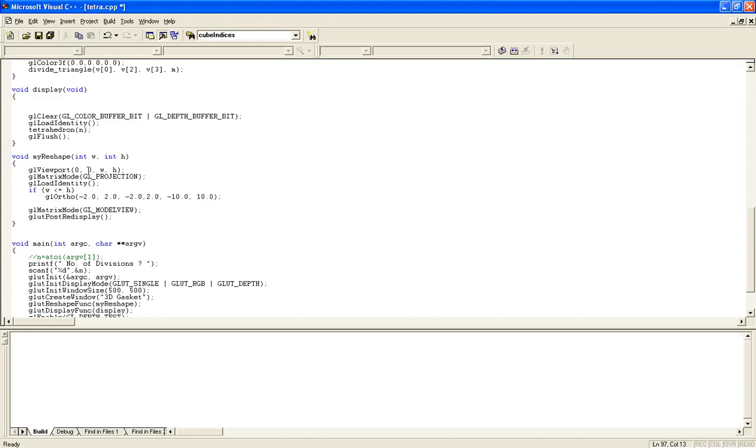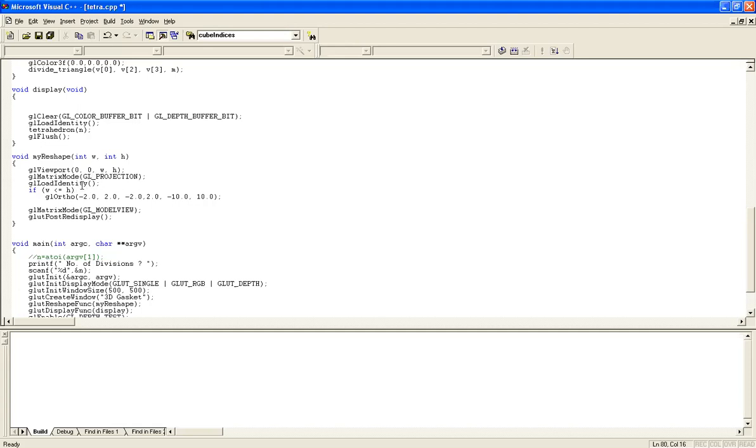So I'm working with my viewing option. Now you people know glViewport. It is going to allow you to view the image. Coming back to matrix mode, what is the work of the matrix mode? It is going to change the state of the system. By default, every time your matrix mode will be model view. But before you set the viewer, we have to change the state, because the viewer is going to appear in the projection. So first I need to change the given state of the system to GL_PROJECTION instead of model view. And then I'm going to load the identity.